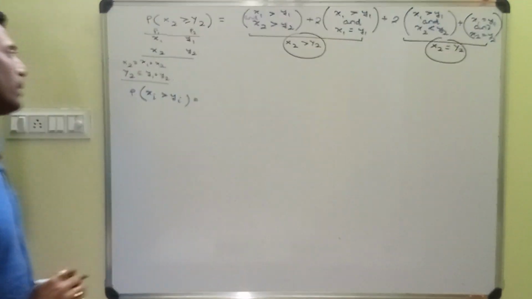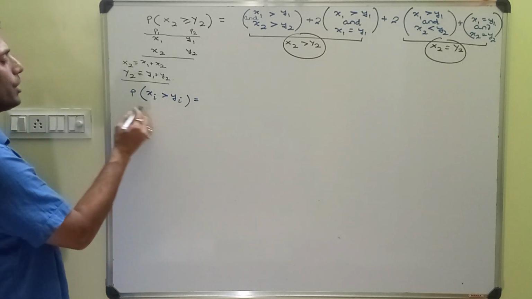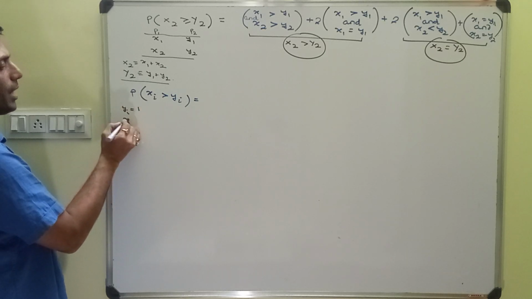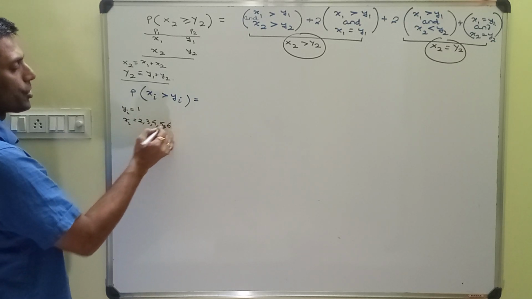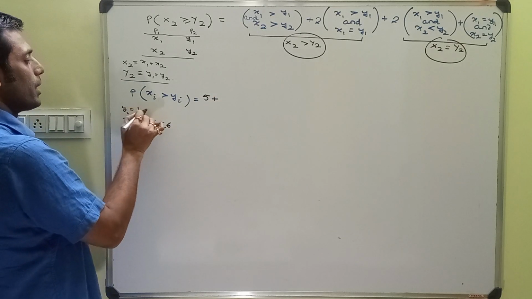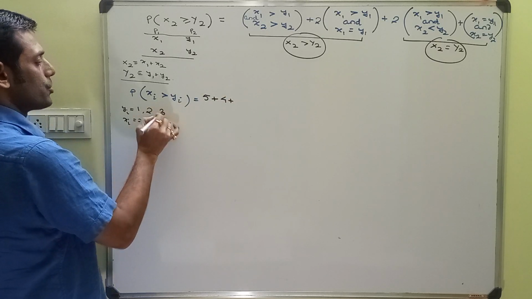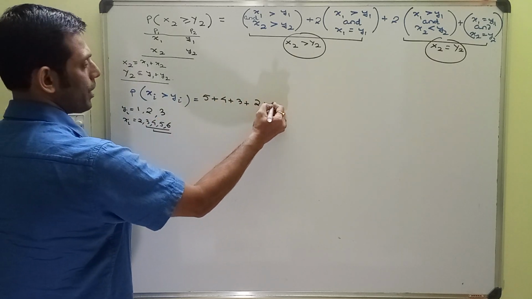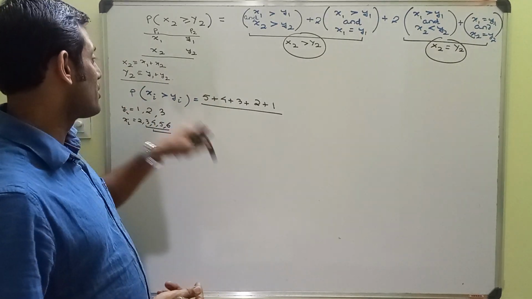Now, how do we calculate them? Let's calculate this. Any Xi greater than Yi. Now let's say your Yi score is 1. That means Xi can be 2, 3, 4, 5 and 6. That means there are 5 possibilities, plus let's say Yi is equal to 2. If it is 2, then I have 4 possibilities. If Yi is 3, that means I have 3 possibilities. Yi equal to 4 means 2, Yi equal to 5 means 1. And these are the possible ways in which Yi can be lesser than Xi